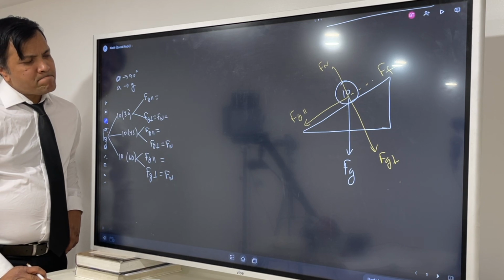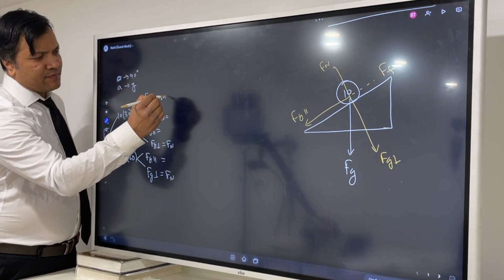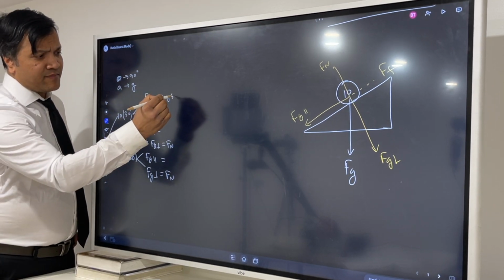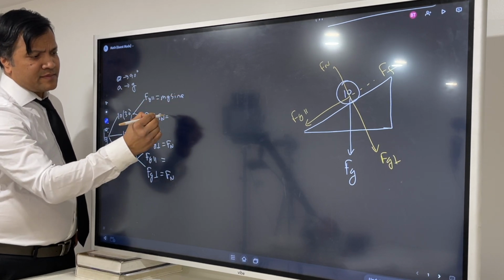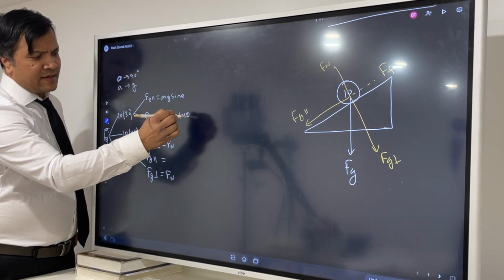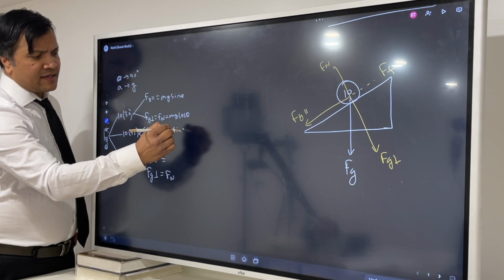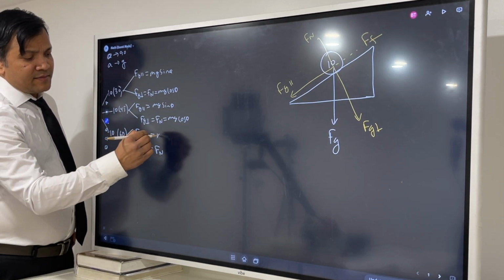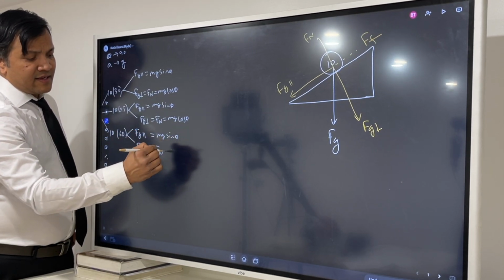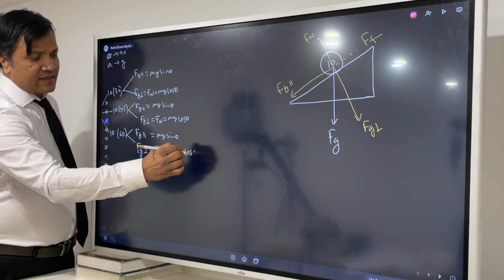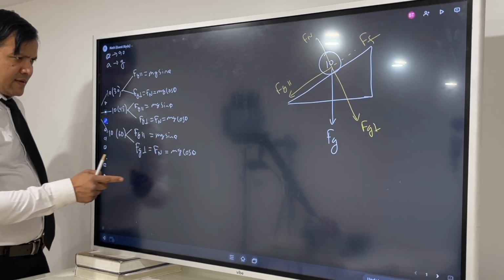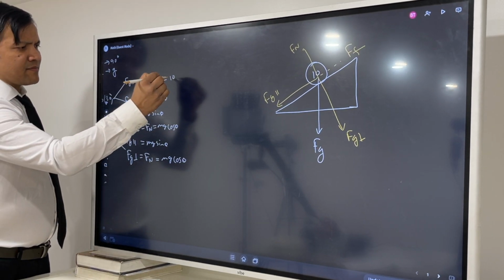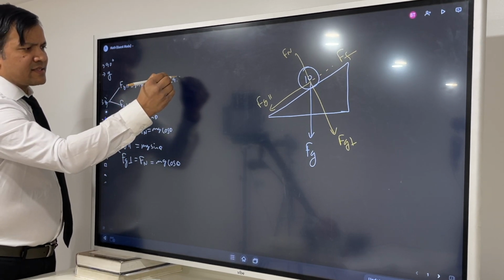Now you're going to write mg. Of course, this one is sine theta. So mg sine theta, mg cosine theta. Okay, good. Now the next thing you're going to do is replace m by 10, replace g by 9.8, and